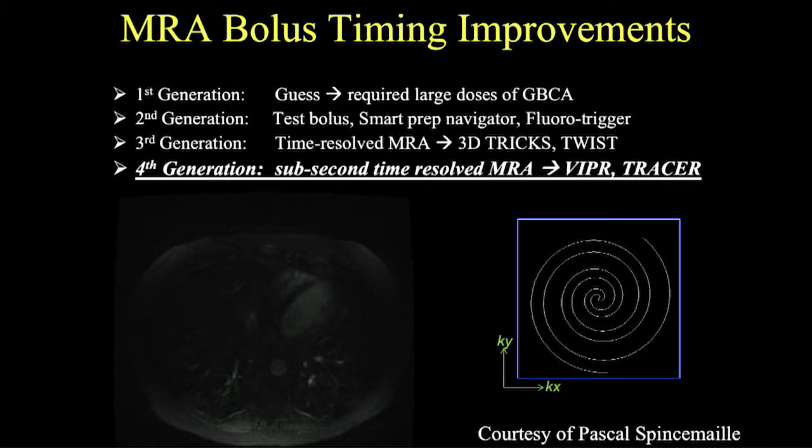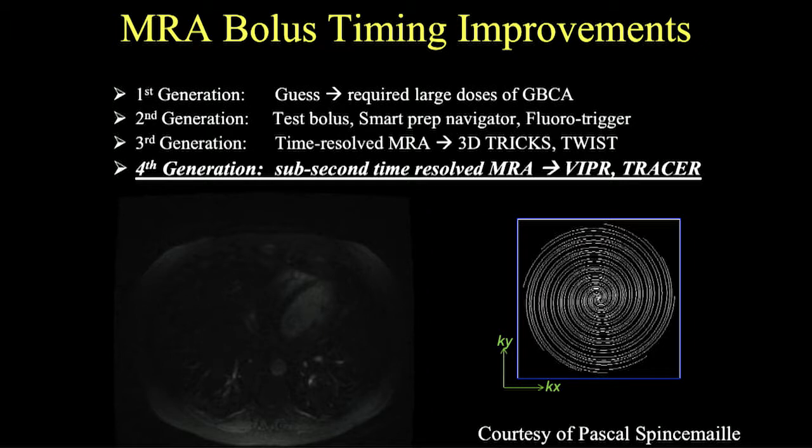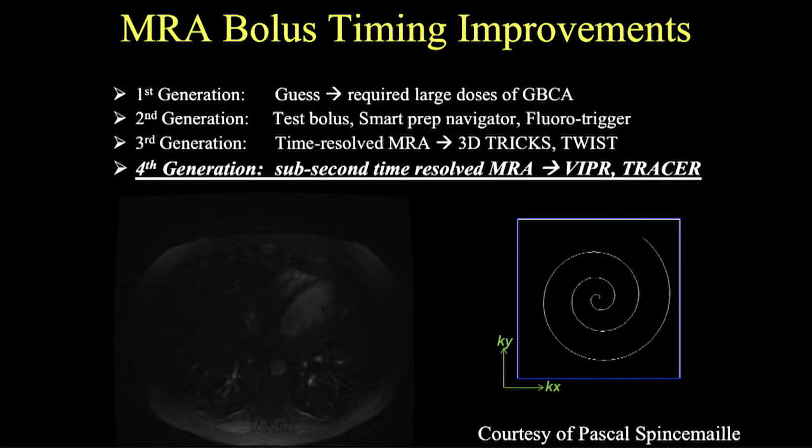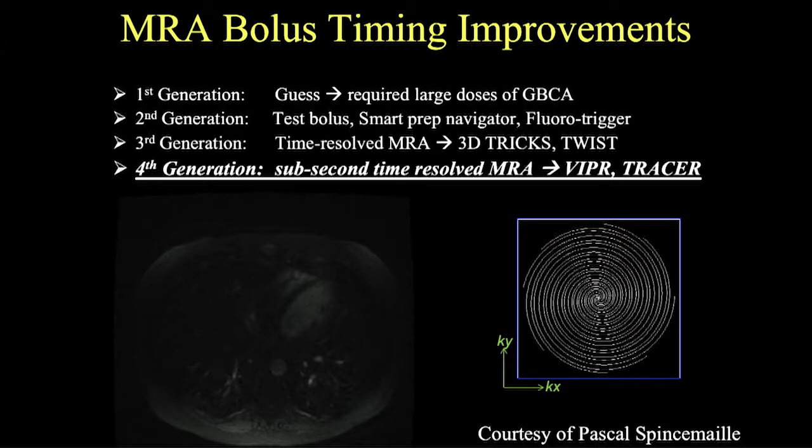Now, bolus timing has improved incredibly from the early days when we used to just guess, and we heard that nice example from Giles about using a test bolus, but not just a test bolus. He used the test bolus as a way of measuring perfusion, and then he got the test bolus information for free. And then later using relatively lower temporal resolution, time-resolved MRA, and now with these advanced image acquisitions, for example,